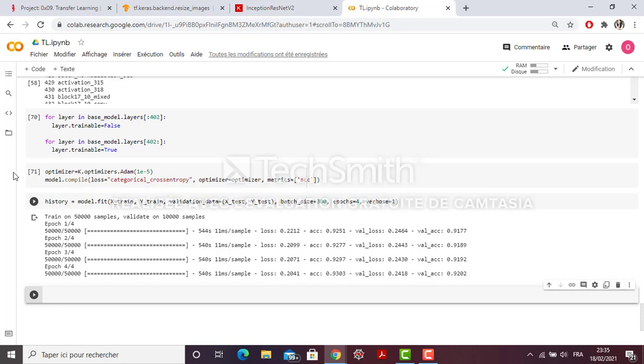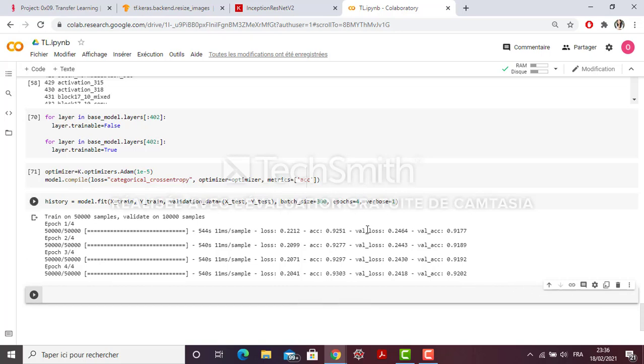Okay, so maybe if we try to freeze a few more layers, maybe we will have good results. And maybe not, maybe we will have overfitting, but we can't know unless we try, okay? So at this point, all seems good. We have a good accuracy, okay?